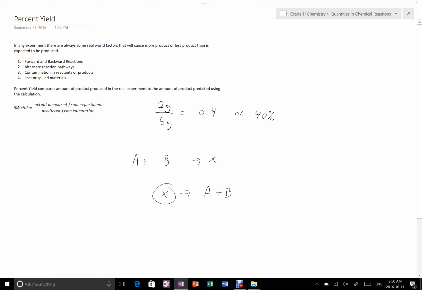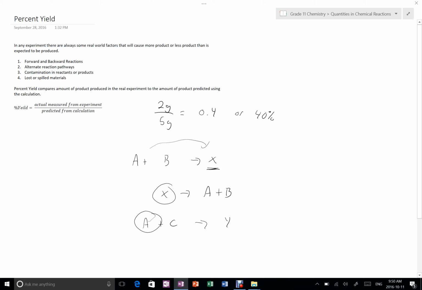Not just that, but what if there's an element C that can use up some of the A to produce something called Y? Well, now, because this A gets used up, we won't get as much X as we thought we were going to get. That would be called an alternate reaction pathway. This is the pathway we expected A to take, and this is an alternate pathway